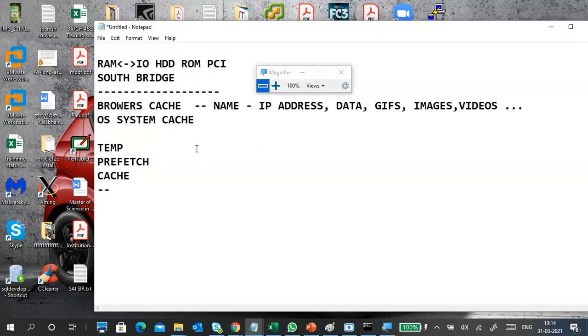Usually it clears when you restart your PC. When you reboot, restart or shut down your PC, these temporary things will be cleared automatically.